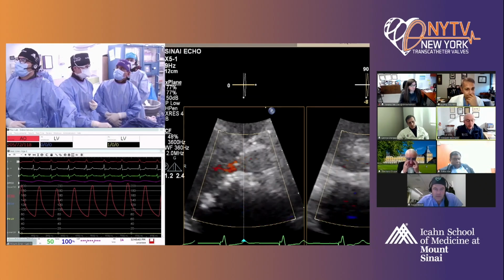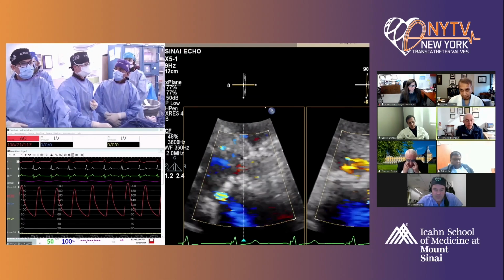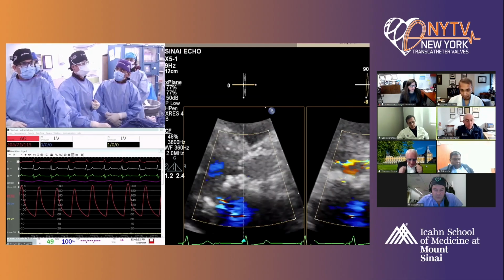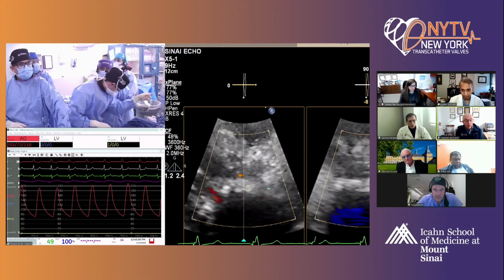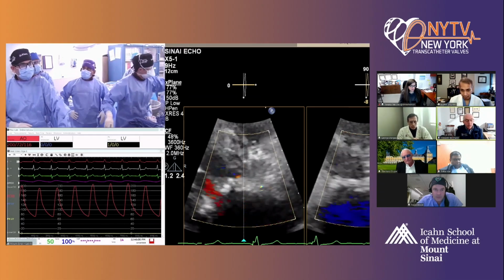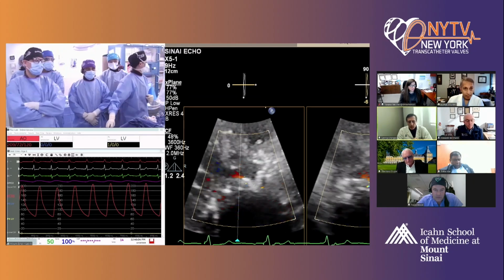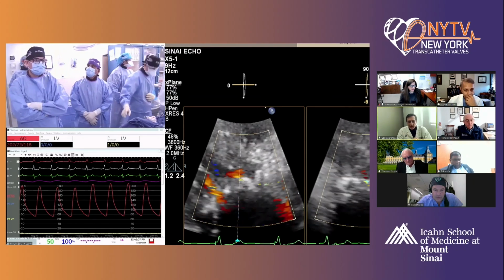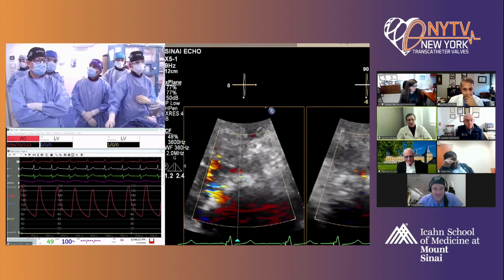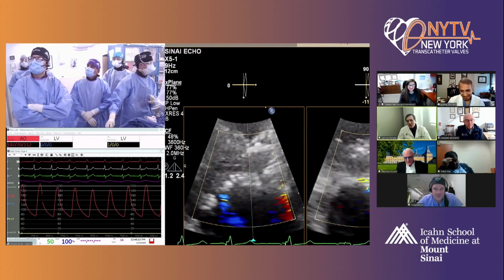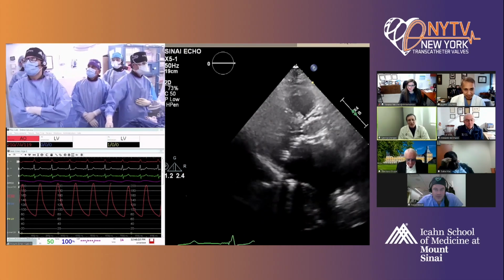So your options are either to let it sit for a while and hope it gets a little better as the valve frame expands over time, or come back later and close it if you think it's more than moderate. But I don't think it's moderate, and I think it's going to be under moderate once the valve fully warms up. Howard was very smart in selecting the patient away from the SMART trial, in the original question you asked him, Roxana. So this patient would not be in the SMART trial, and he doesn't have to answer the second question. It's a non-evaluable question.